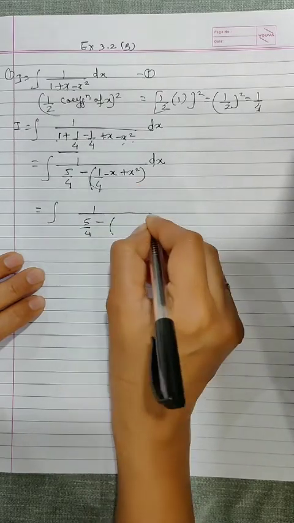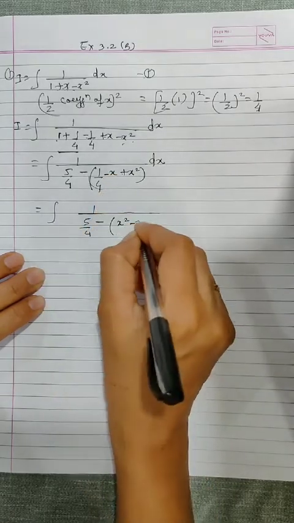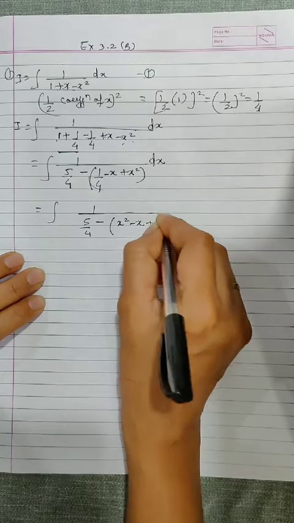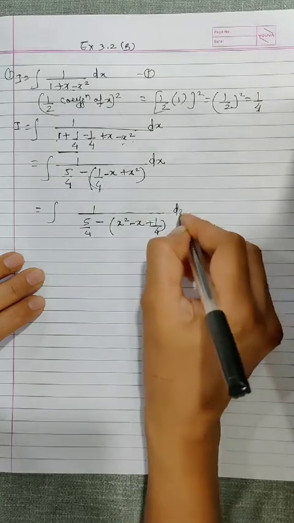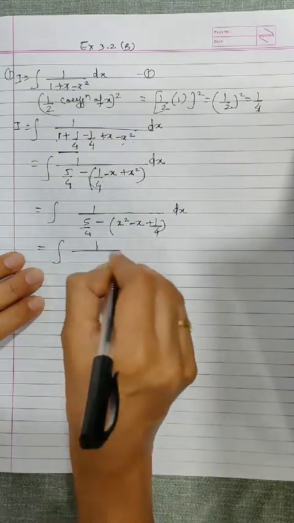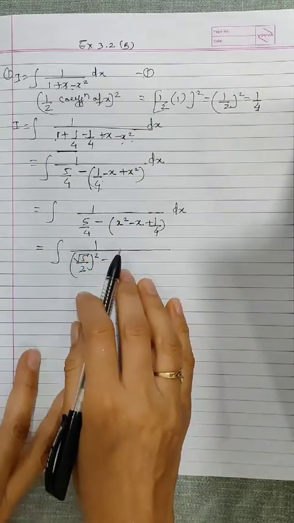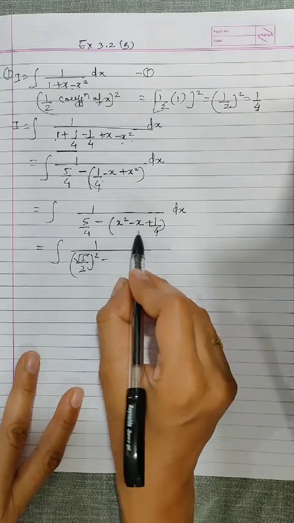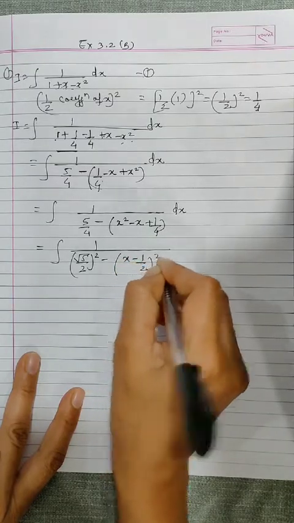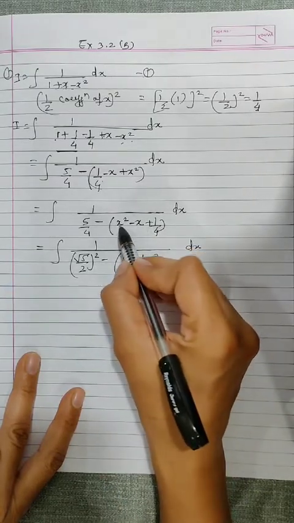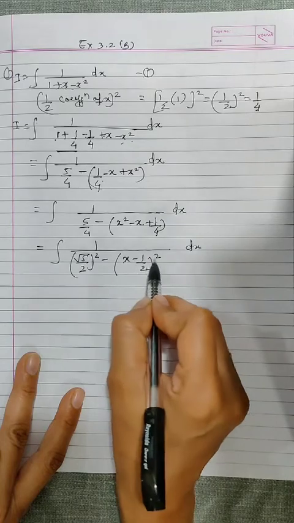Okay students, now write down this in proper form. We always write the square degree term as x square. So x square, minus x and plus 1 by 4. I have written in proper form, x square minus x plus 1 by 4 dx. Now equal to 1 upon, now 5 by 4 means under root 5 by 2 whole square, and minus, now it is the perfect square, x square minus x plus 1 by 4. Okay, it is the square of x minus half whole square. How will we get it? X square, its square root is x, 1 by 4 its square root is 1 by 2, hence it is x minus half square dx.